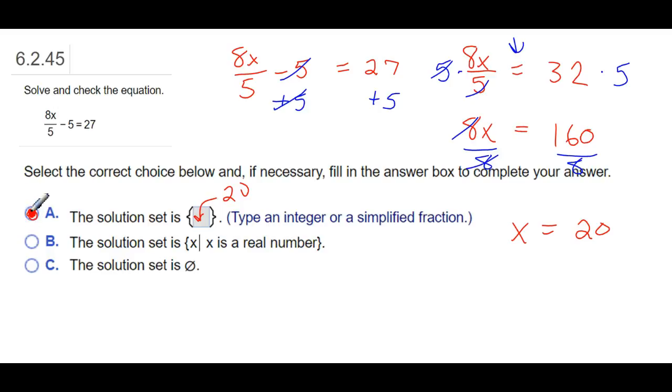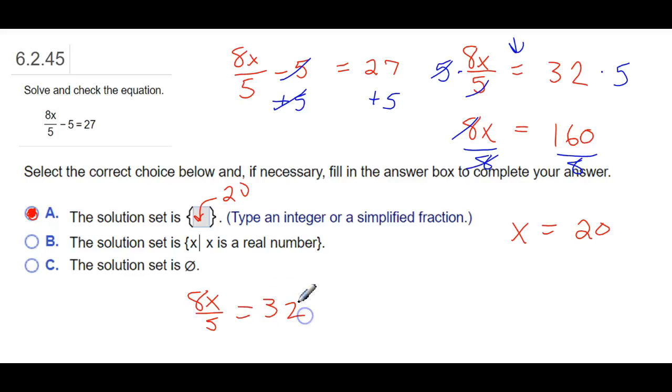Okay? So just go through the process to get this x isolated. Add the 5 over, multiply the 5 from the bottom to get just 8x, and then divide by the number in front. Now, if you've worked through these problems before, when you get to this step, 8x over 5 equals 32,